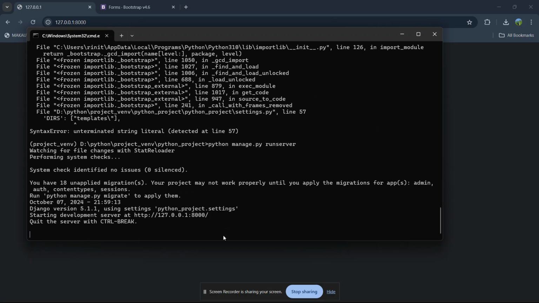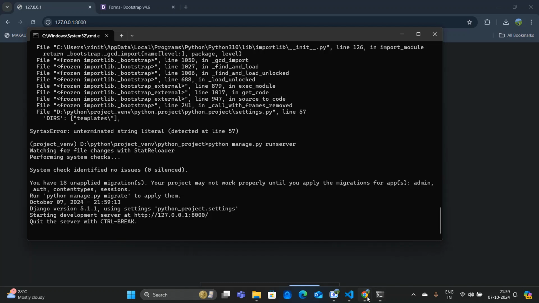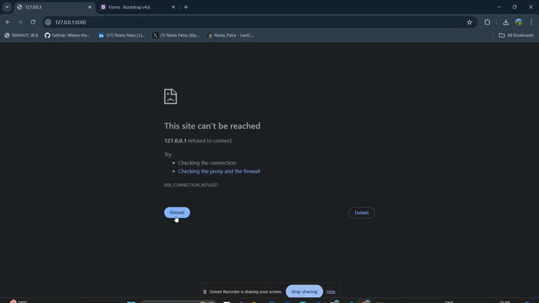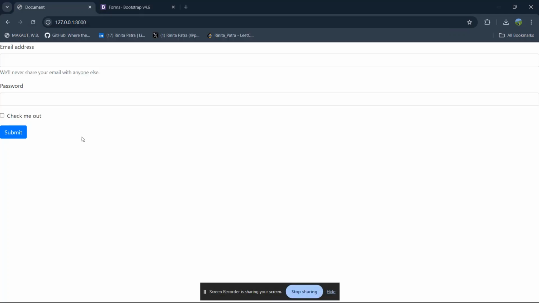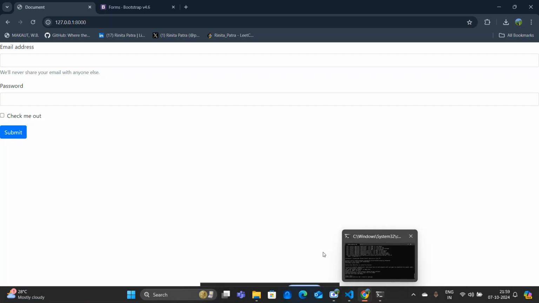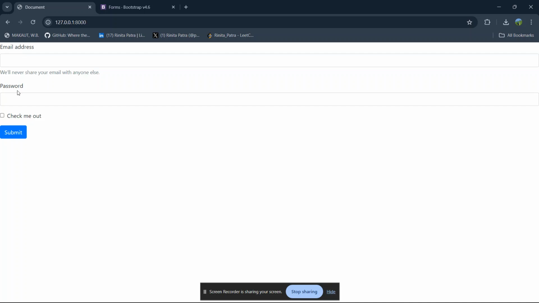Okay, so again I'm running my server. So now, yes, you can see this is working, like email address, password, checkbox, and submit. I am giving this email address, password.